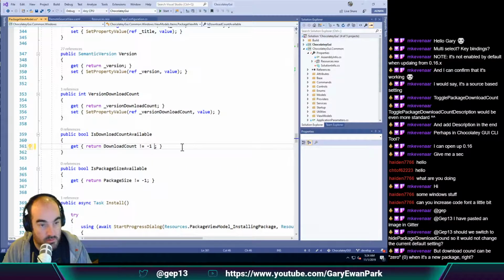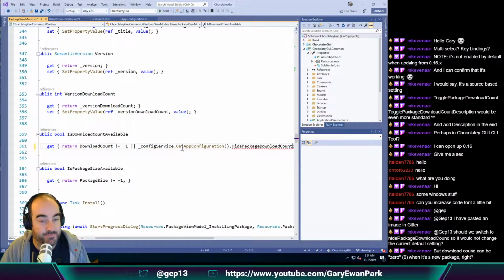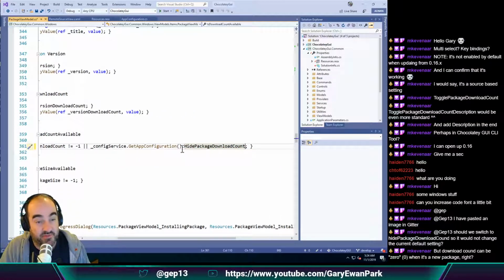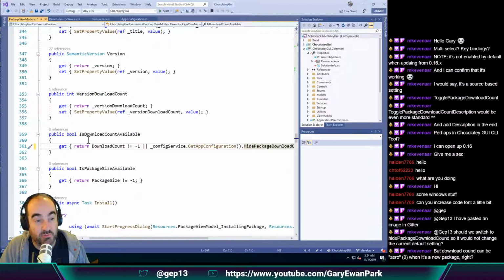Or, this is where I try and get Boolean logic right in my head as I'm talking, as I'm doing a stream. So here we can say config service dot get app configuration dot hide download package count. So let's see if we've got this right. So if this is true, then it will be true here and it'll be false. So what we actually want to say is not that. So if it's not hiding, so if see this,